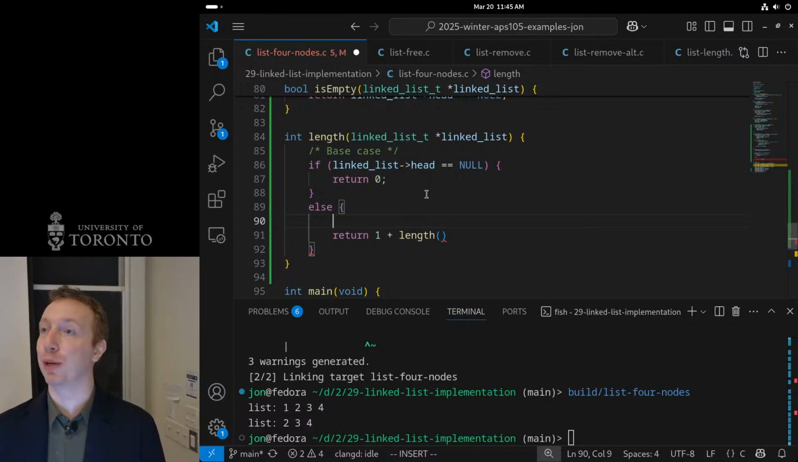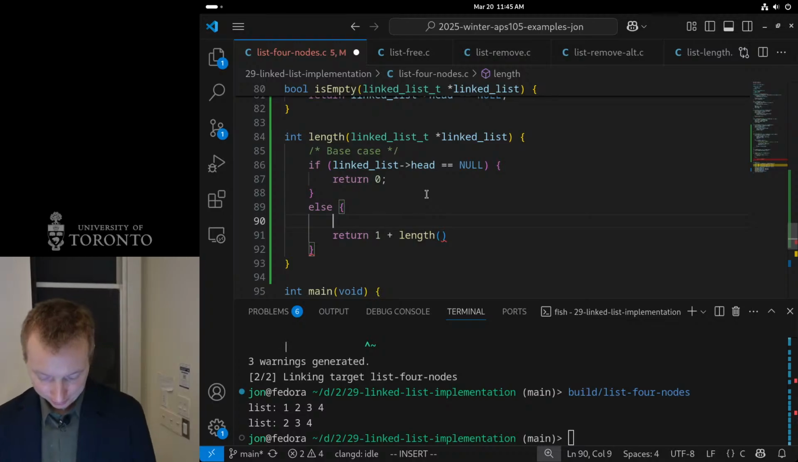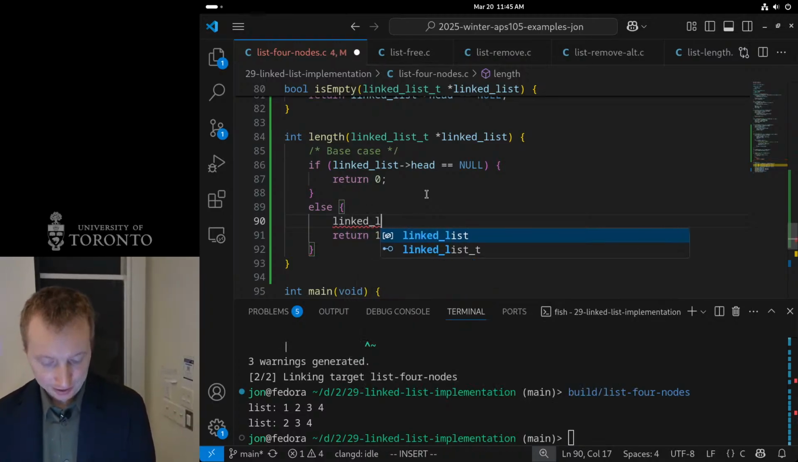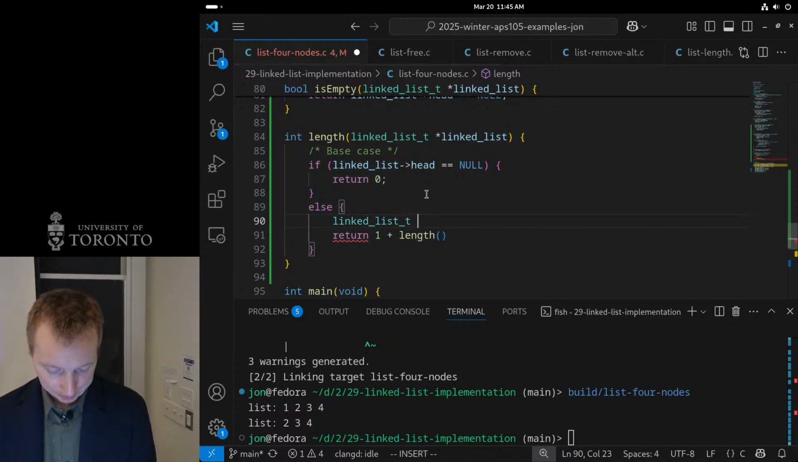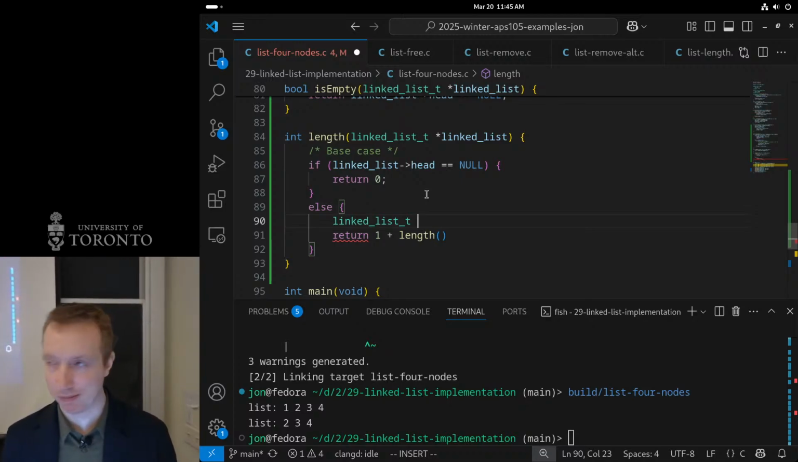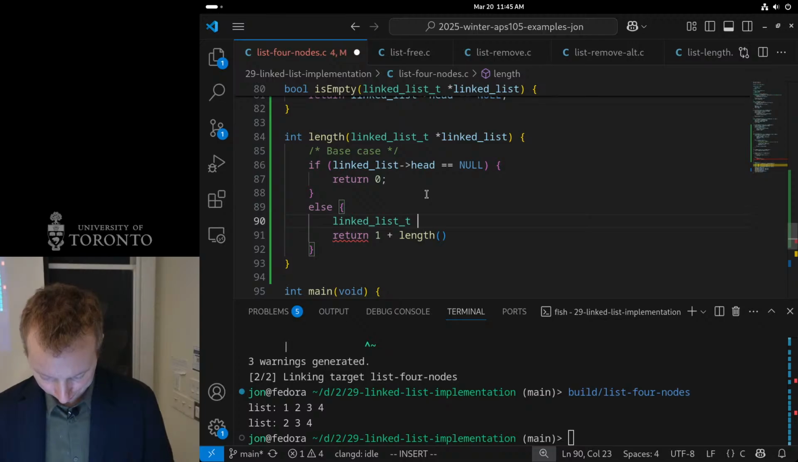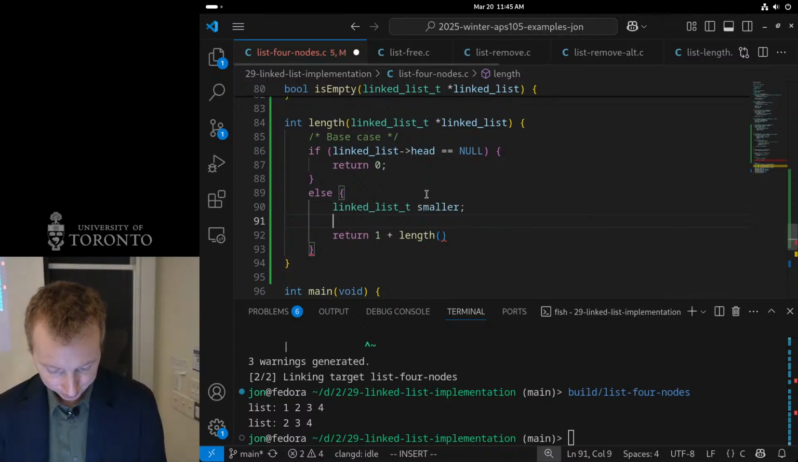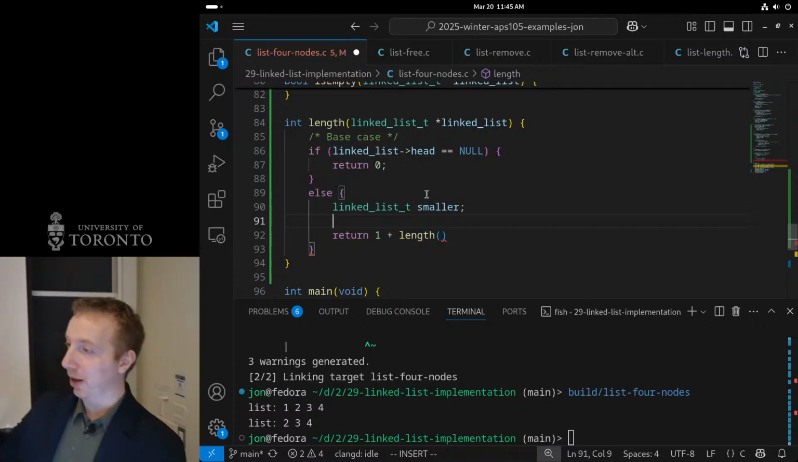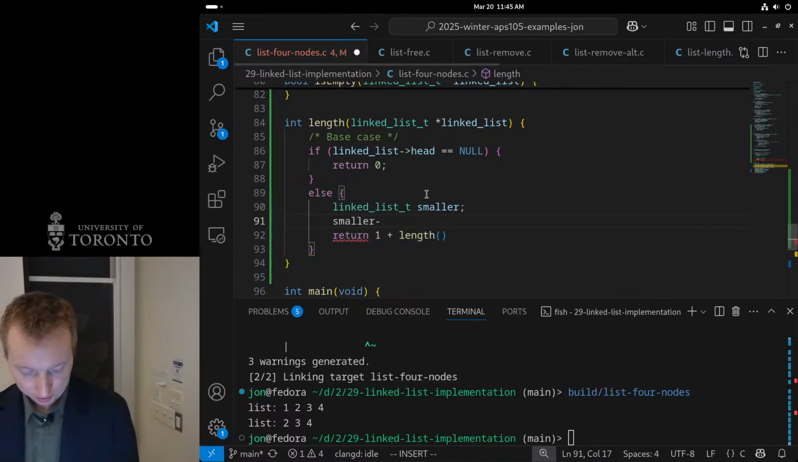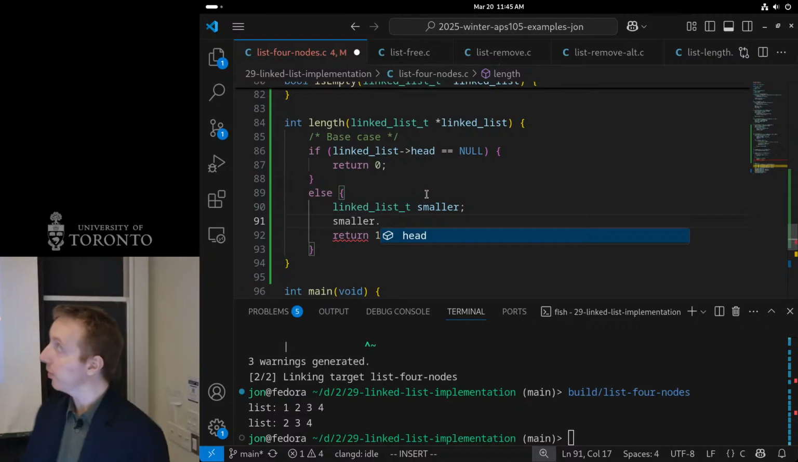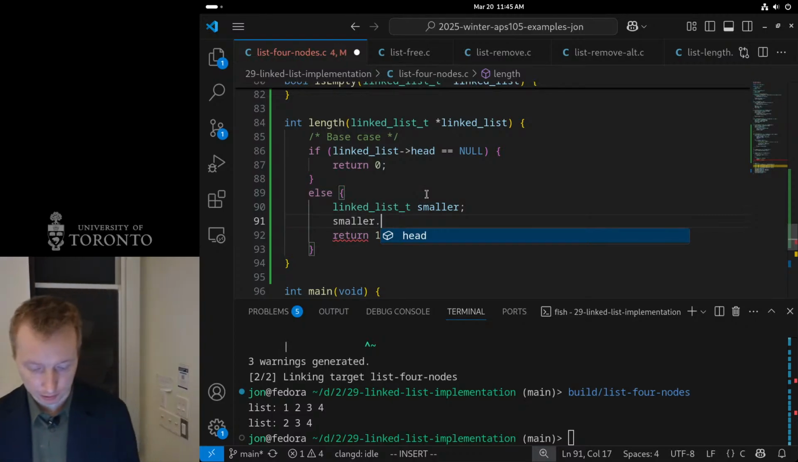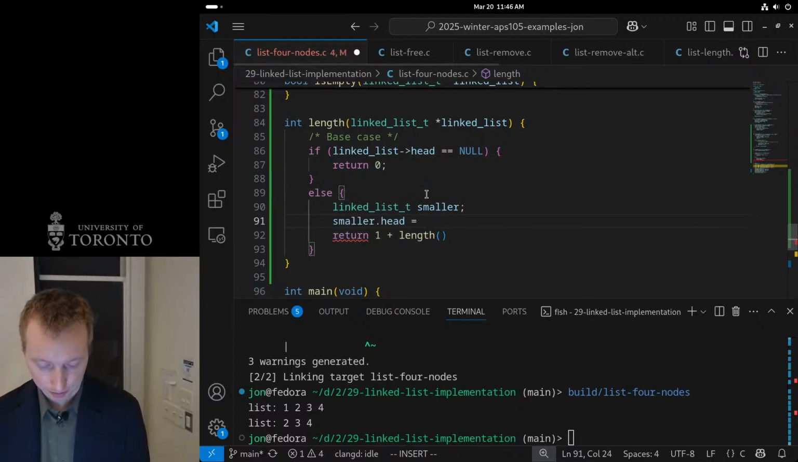Can anyone help, if we want to really do this recursively? Yeah, you need another linked list and then make that the head. So I need another linked list, and I can just create it as a local variable. Let's call it, I don't know, smaller. I want to change that head, right? In this case it would just be dot head, because it's not a pointer right now. I'm declaring it as just a local variable here. So smaller dot head equals